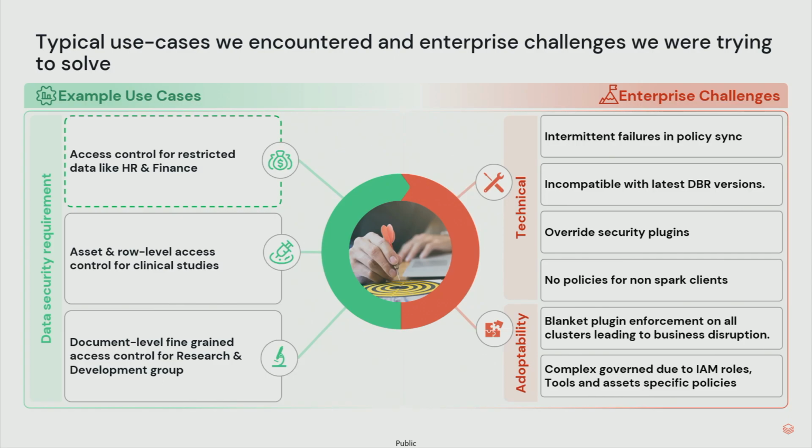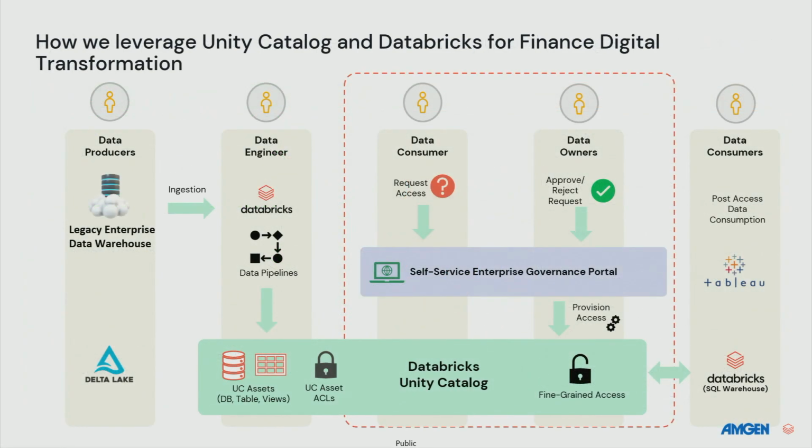That's when we started a very serious evaluation of Unity Catalog. We did a lot of experiments in terms of scaling, like how many policies we can scale, and what type of complex access governance or access control use cases we can implement. At the same time, we wanted to simplify our governance process by reducing or eliminating the need for IAM roles, right? So those experiments were good, but we really wanted to put Unity Catalog to good use,